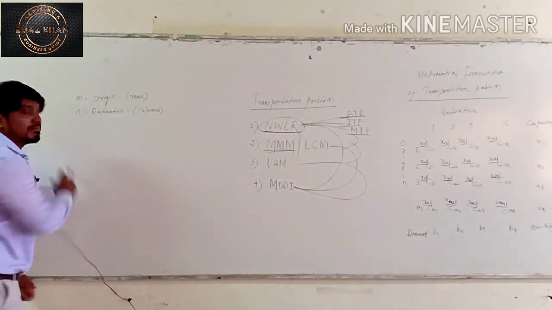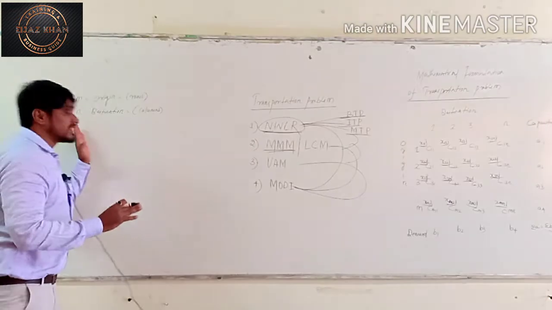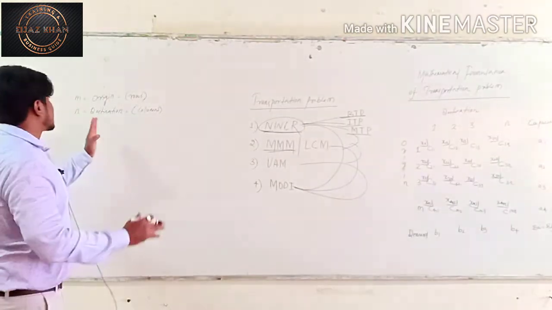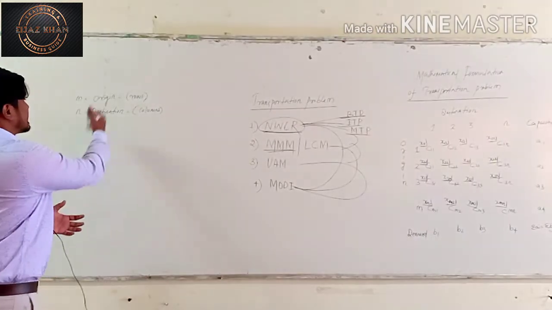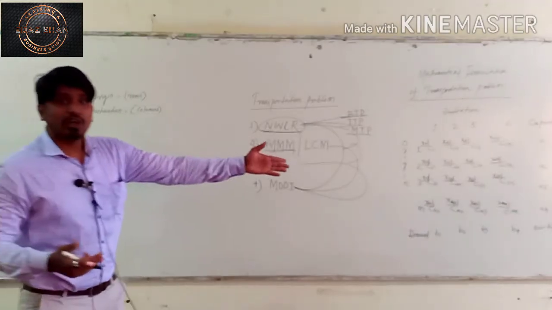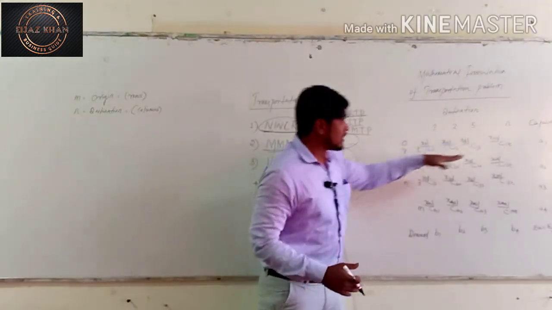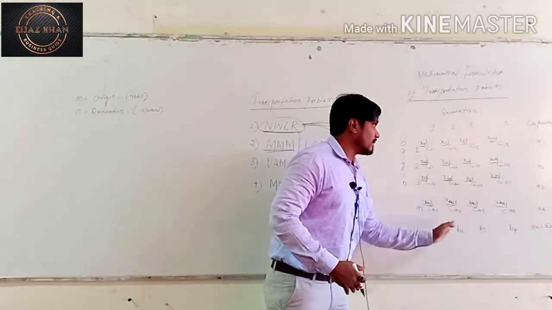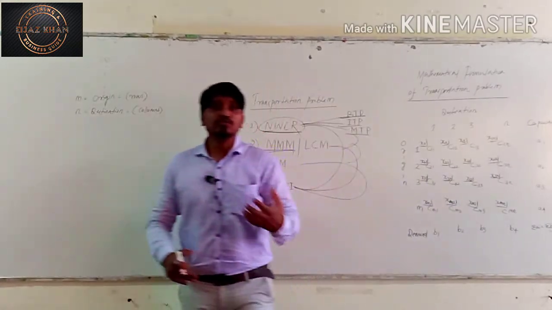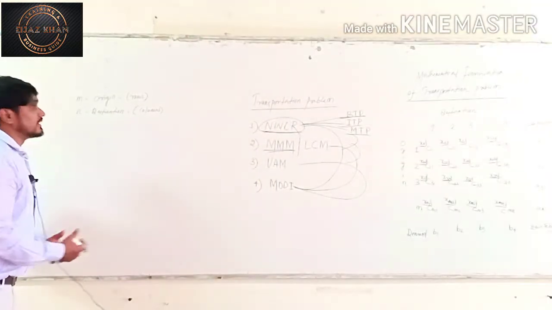Now here M stands for origin. M is nothing but origin. N is nothing but destination. Origin is nothing but rows, and destination you could find in the number of columns. So these are the rows: row 1, row 2, row 3, row 4, and column 1, column 2, column 3, and column 4. Likewise, you may understand. Next,